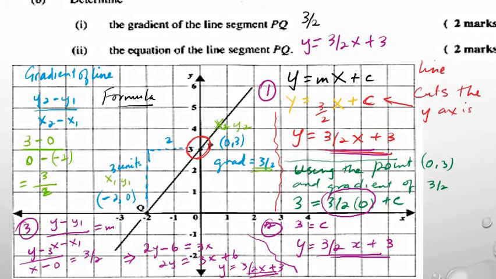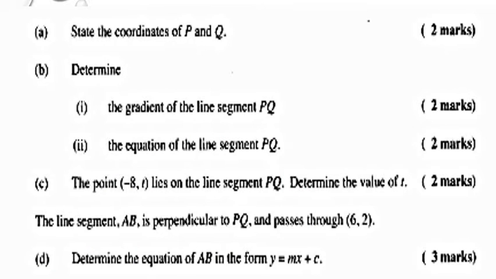The other part of it now asks, so we did this part and this part. The point (-8, t) lies on the line segment PQ. Determine the value of t. So if this point here lies on the line, this is my x value and this is the coordinate point (x, y). So given an x value of negative 8,